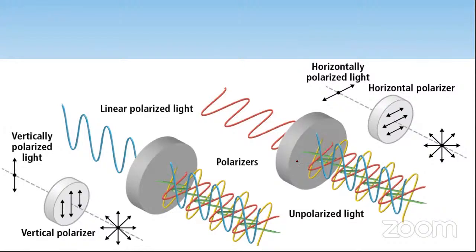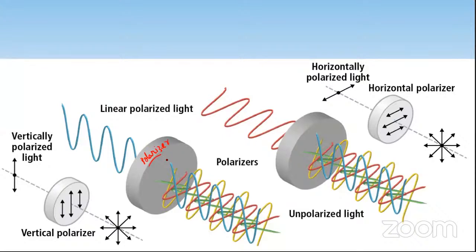Okay. So notice here, there is one polarizer here, and one polarizer here. What's happening? You can see that many light waves which are unpolarized. These are all unpolarized light oscillating in any direction as much as possible, and they are entering an object called a polarizer. Right? When they enter this polarizer, what is about to happen?